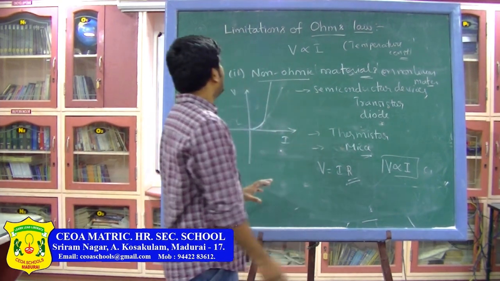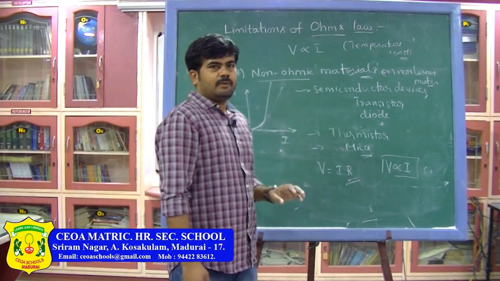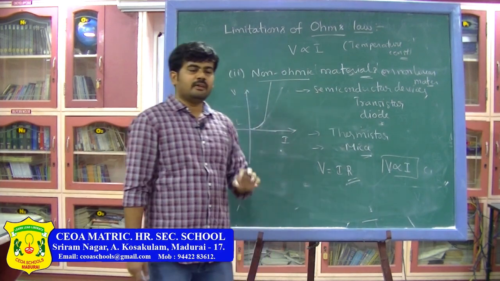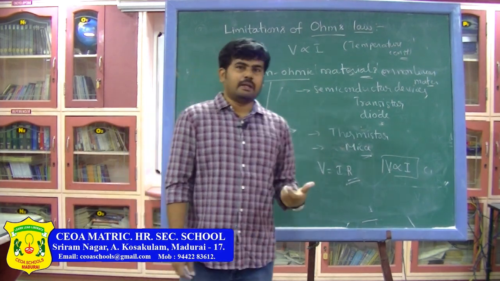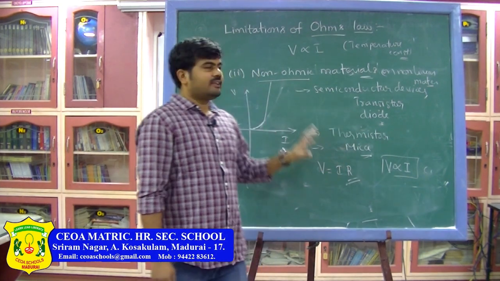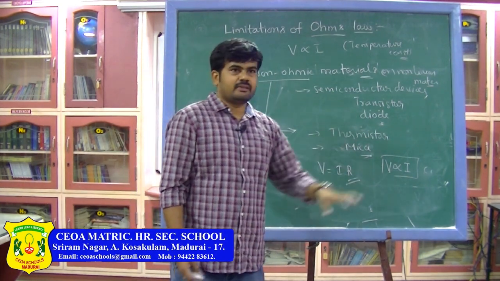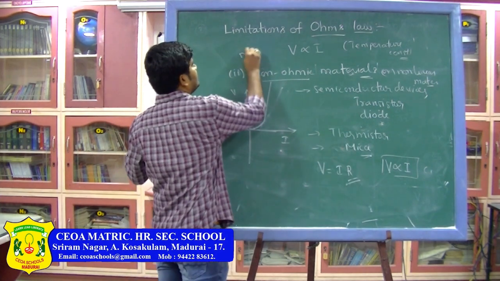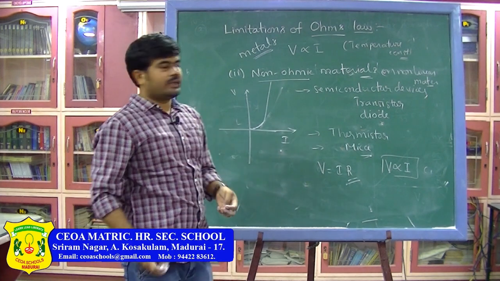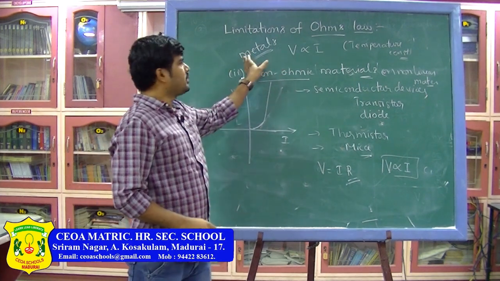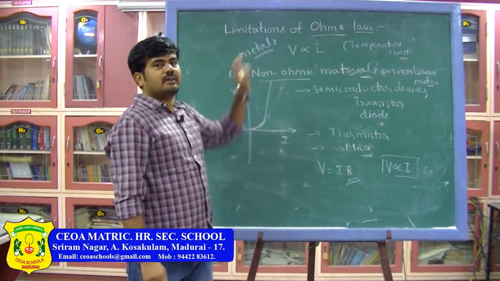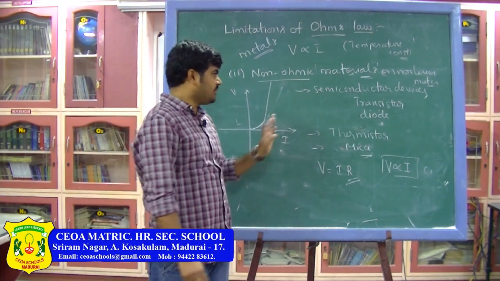And that is about the limitations of Ohm's law. Remember, it is not a universal law. So keep this also in mind. A universal law is one which is applicable everywhere for every material, but Ohm's law is not like that. It is applicable only for some materials. Ohmic materials are nothing but metals. All metals, that too at low temperatures, obey Ohm's law. V proportional to I is obeyed by metals at low temperatures. That is why metals are ohmic materials. So that is the concept.